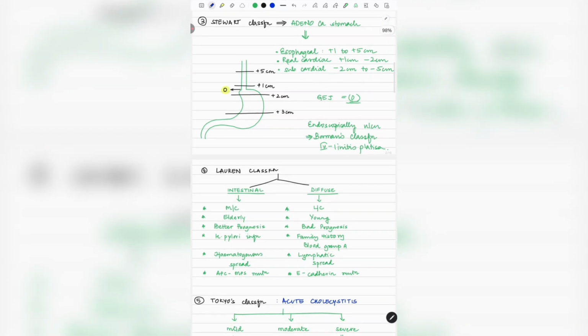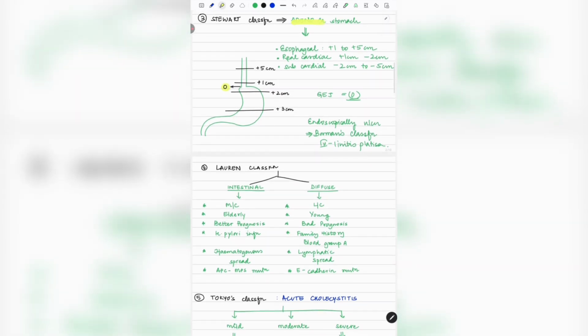Okay, next, going on to the Stewart's classification. It is used for the adenocarcinoma of the stomach. What does it tell you? If you take the gastroesophageal junction as the reference, that is 0, then cancers of the stomach varying from +1 centimeter to +5 centimeters, in this range it is called esophageal. Okay, the next one is anything in between, that is +1 to